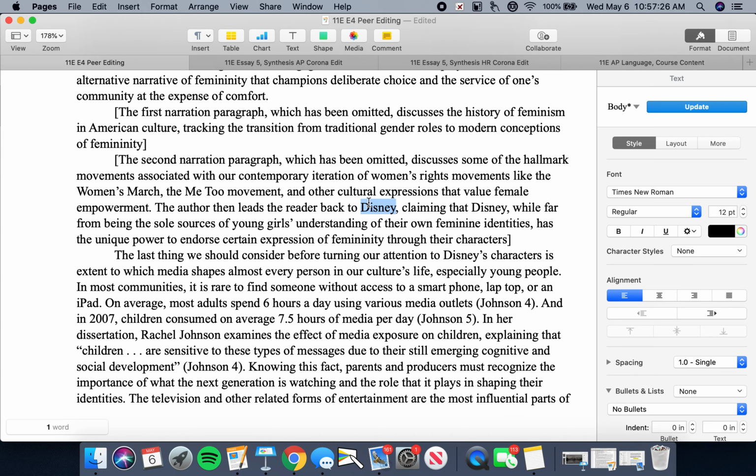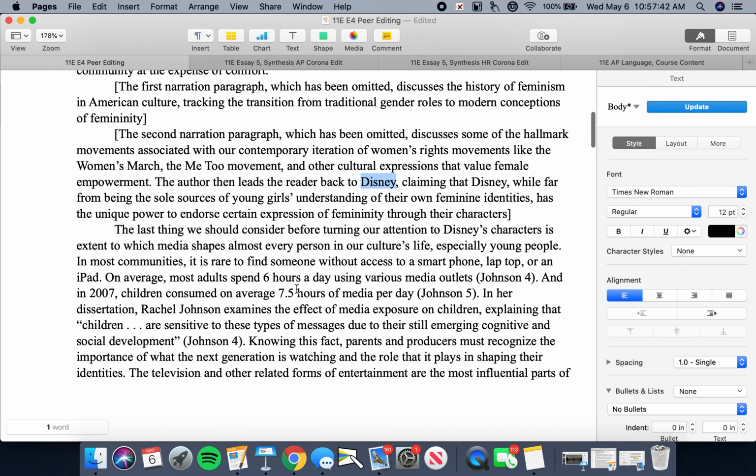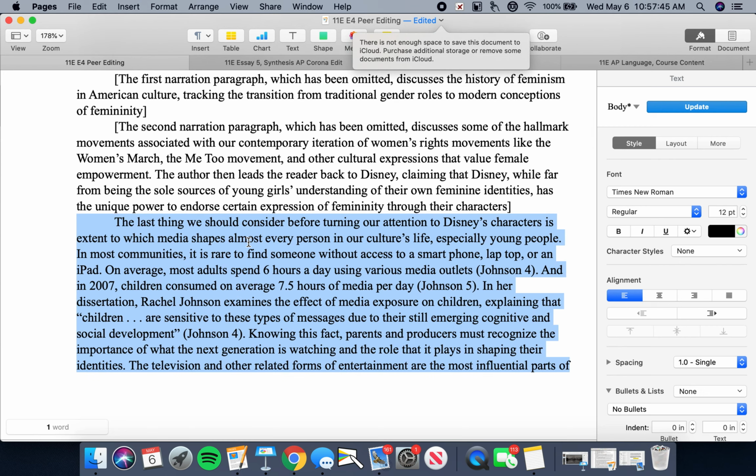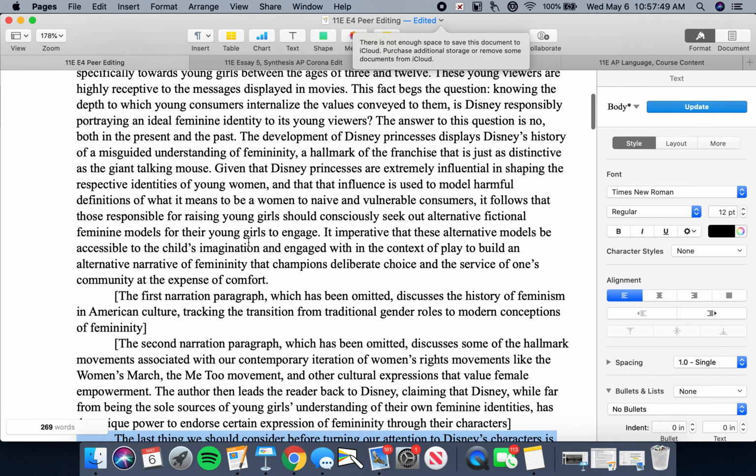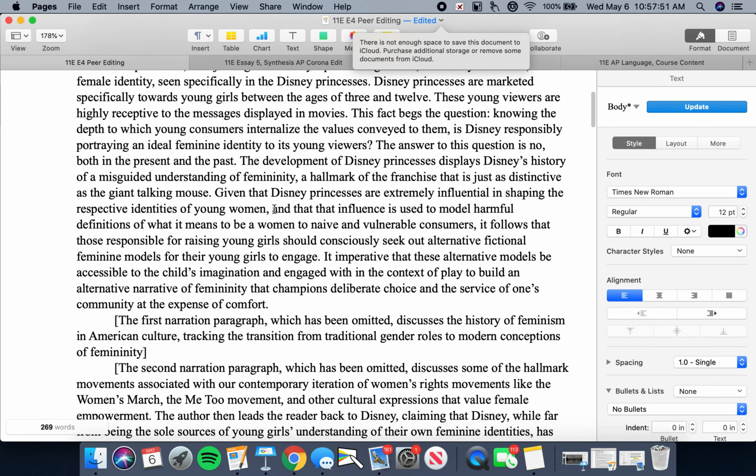If you knew anything about Disney as a corporation, they are certainly not apolitical. They have views. They are trying to teach ethics. They're trying to teach democratic values. They try to empower young women. These are all parts of their goals as a corporation, okay? The next paragraph gets into confirming the essay's thesis itself, okay? And the first aspect that they need to confirm is the extent to which Disney is influential in shaping the identities of young women. So what does the student do?